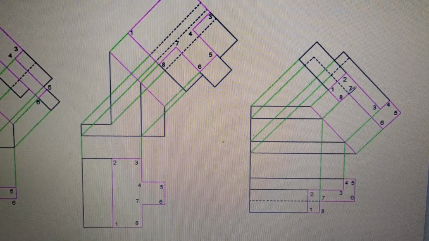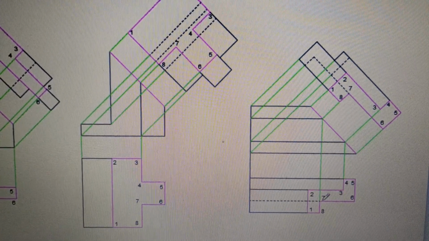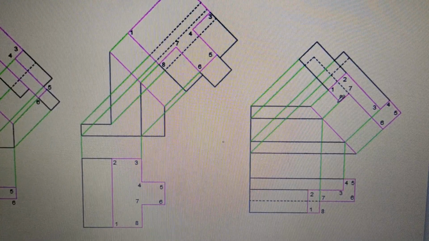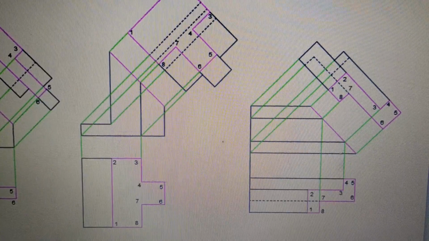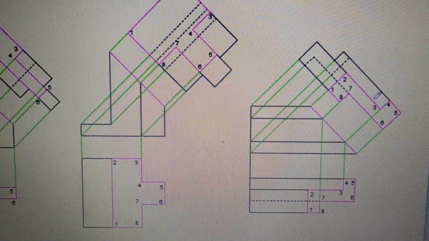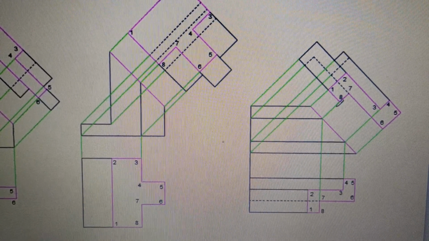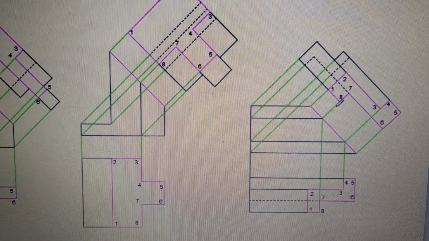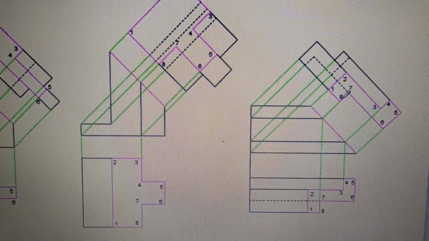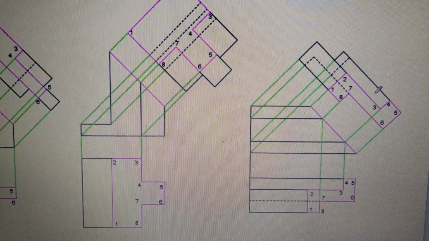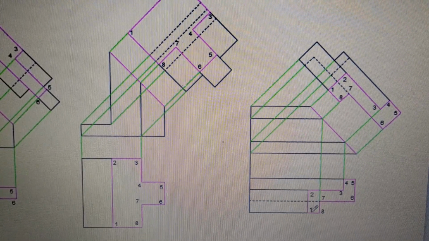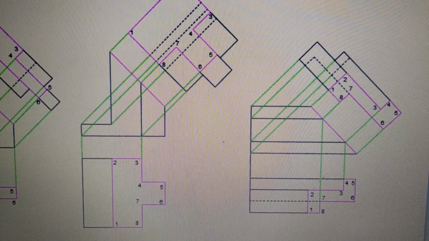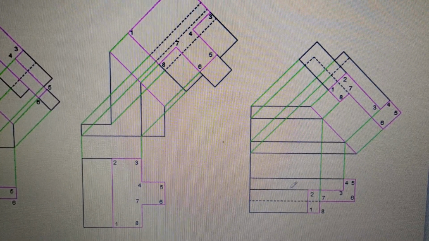After you get 7, on this line with the same distance 7, 8, you draw 8, and then 8 to 1 is this 8 to 1. This is the false length, this is the true length. So we completed 1, 2, 3, 4, 5, 6, 7, 8, 1. So we drew the true shape. After we have drawn the true shape, now let us draw the rest of the object looking in this direction. You will find that this 1 and 2 is there, which is this 1 and 2, but there is this surface.